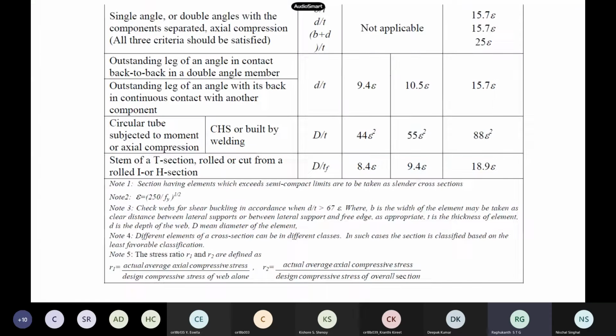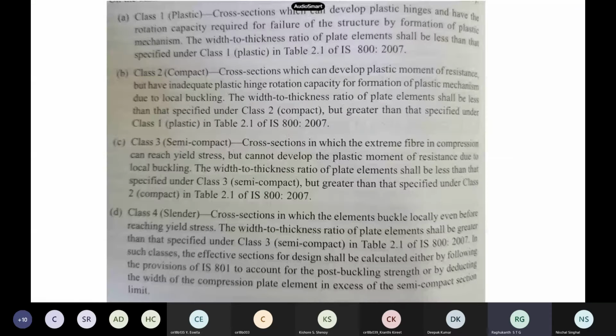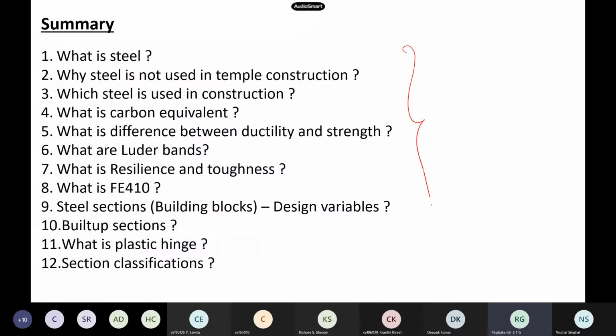This is what we have seen, and finally we have set these four sections. They are available in IS 800. As I already told you, whatever tables and things I'm showing you are all available in the code itself. If you go to the code book, you will get all the details. Finally, we have made a checklist. After every unit, we will have this type of checklist. If you are able to answer all these questions, that means you are doing well. I asked last class and some of you replied, but you can also ask these questions to yourself. If you are satisfied, that means it is fine.